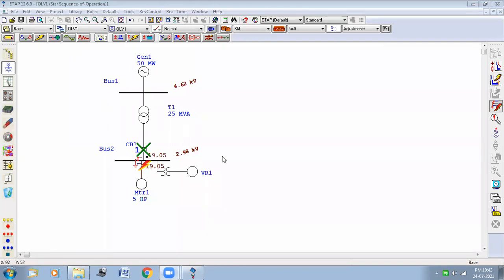After performing this experiment, you can see what will be the time of operation of the relay and circuit breaker. So we have to select this portion, and you can click on this button.